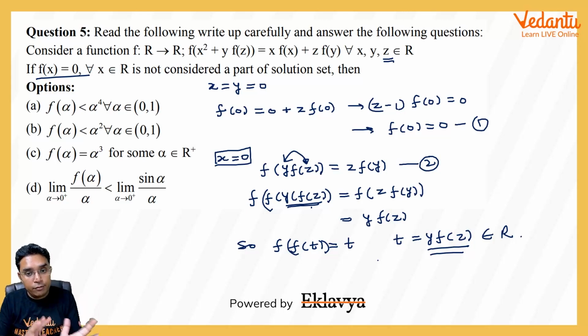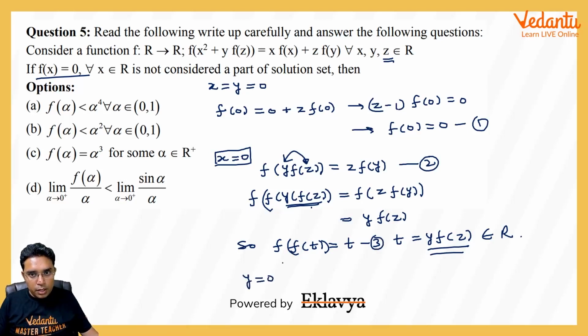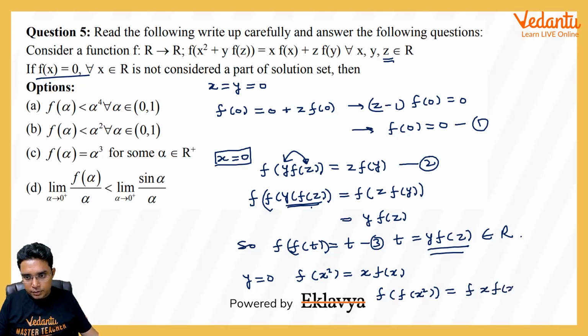There it was 3 times f of f. Here it is 2 times. Now, how can we make use of this? Once again, please see. If I take, let us say, y equal to 0 in this given relation, I will be getting f of x square is equal to x into f(x) only, because f(y) will be 0 and here this is 0. Now if I take f once again, it will become f of f(x square)